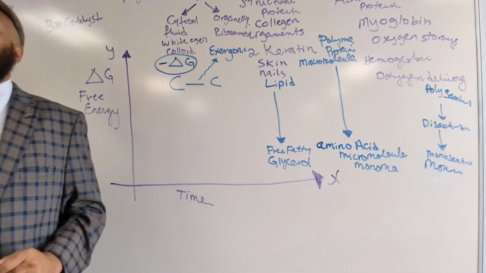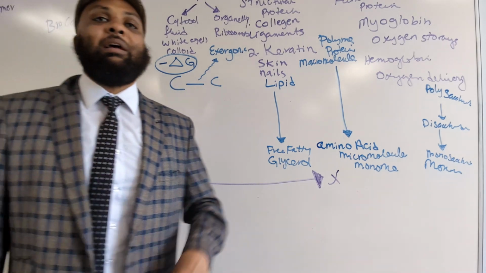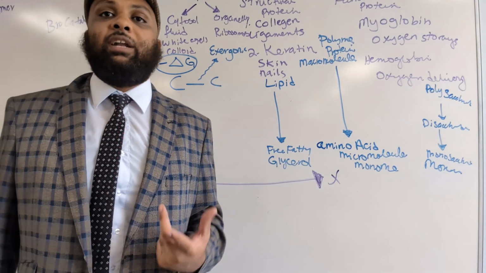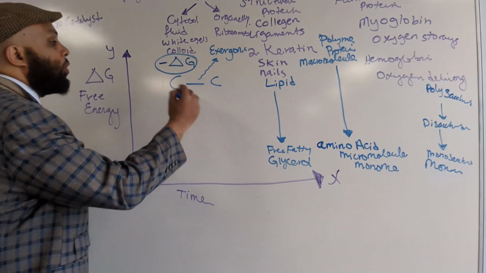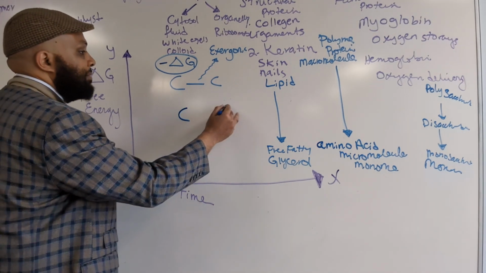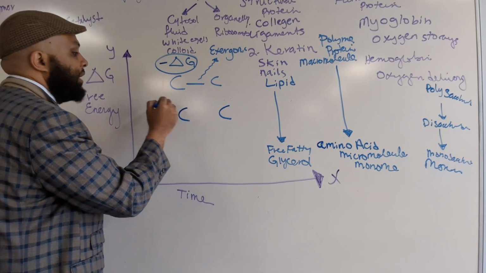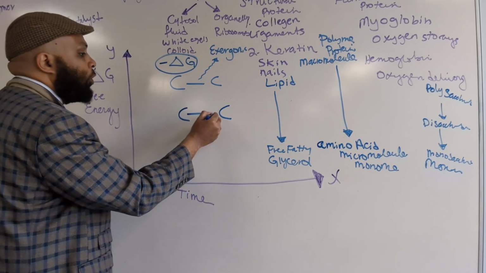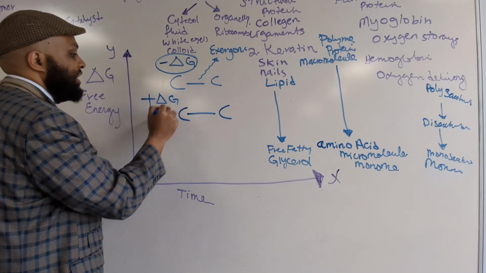But the opposite: if I had a meal but I'm not burning it, I do not need energy, I'm going to need to store it and make the bond. If I make the bond, the energy is going to exit me and go into the bond. So now we form the bond, and that's known as plus delta G, known as